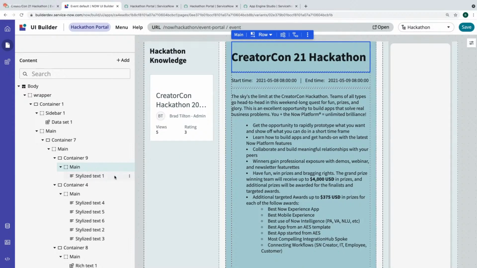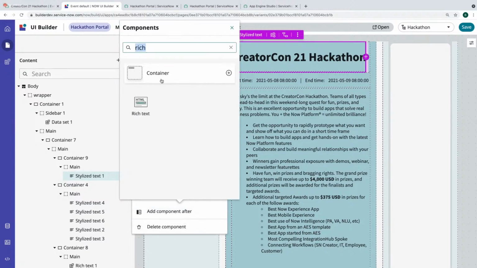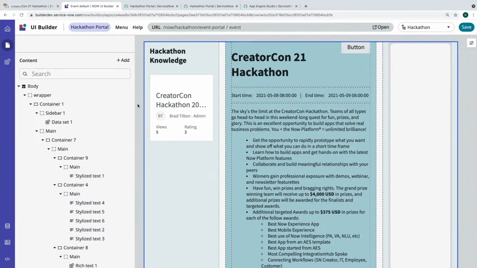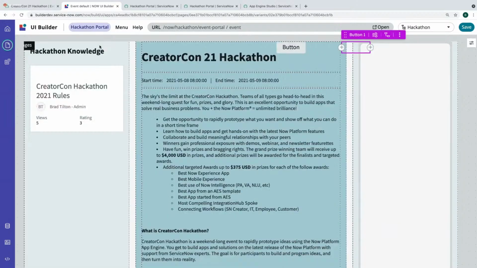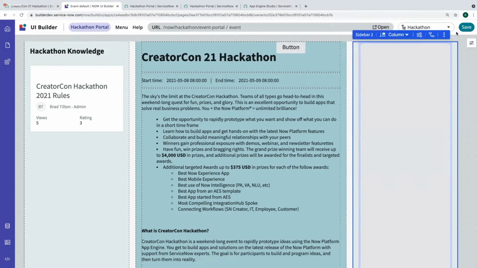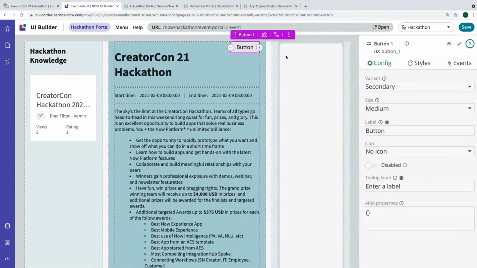So let's add a component after, and I want to add a button. And then let's give us some room here. Oh, we got a little wonky there. And I want my button to say submit app.